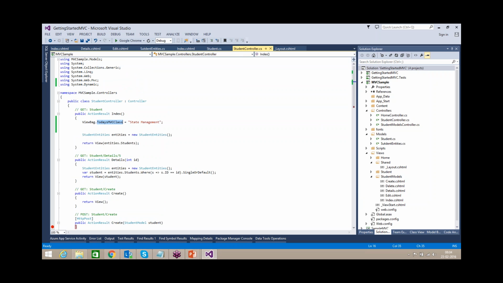at the runtime. The data type of this property will be resolved based on what value we assign to that property. And this dynamic object type gives you a handle to add the properties you require at runtime. Okay, that's the advantage of this viewBag. Okay, and this is a dynamic type.